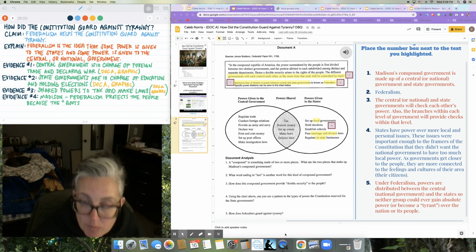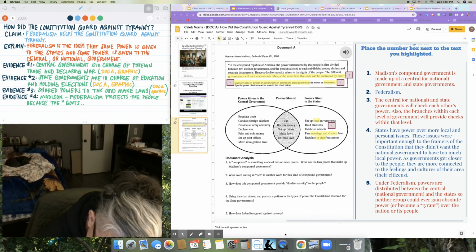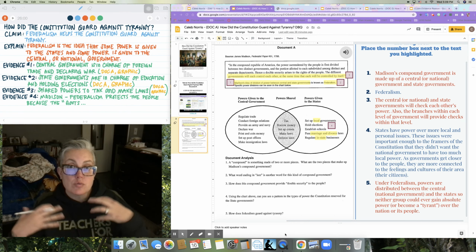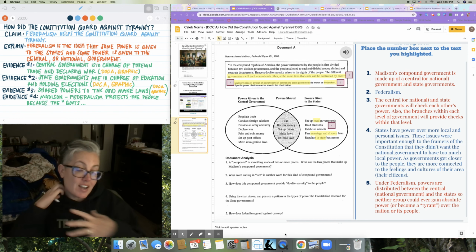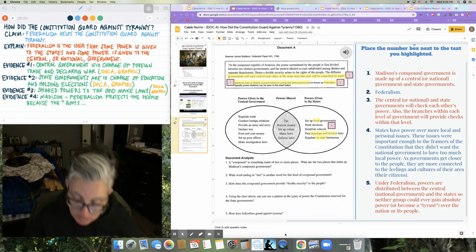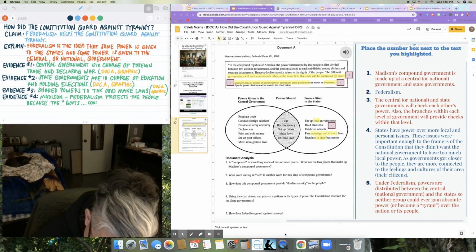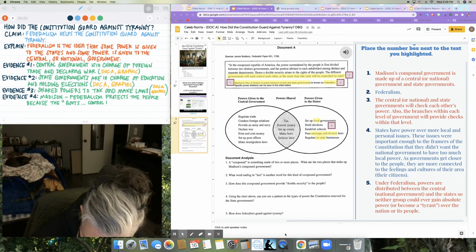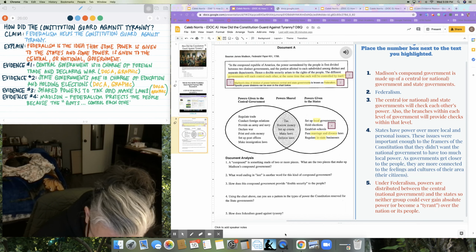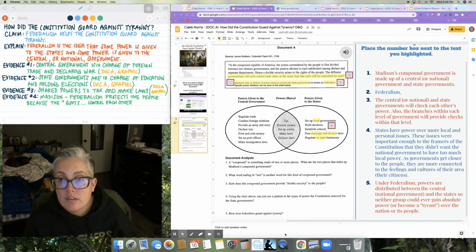Governments will each control each other. So I'm just going to use this for now, but in the actual essay, I'm going to write out the entire quote. Governments will control each other. And then